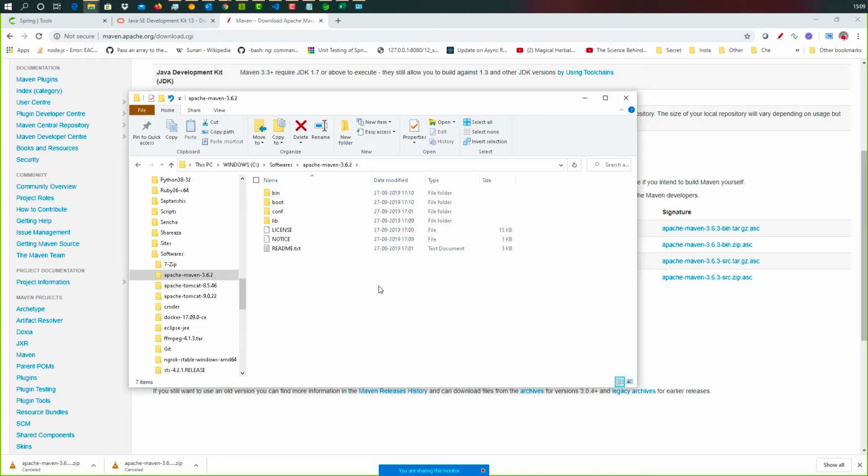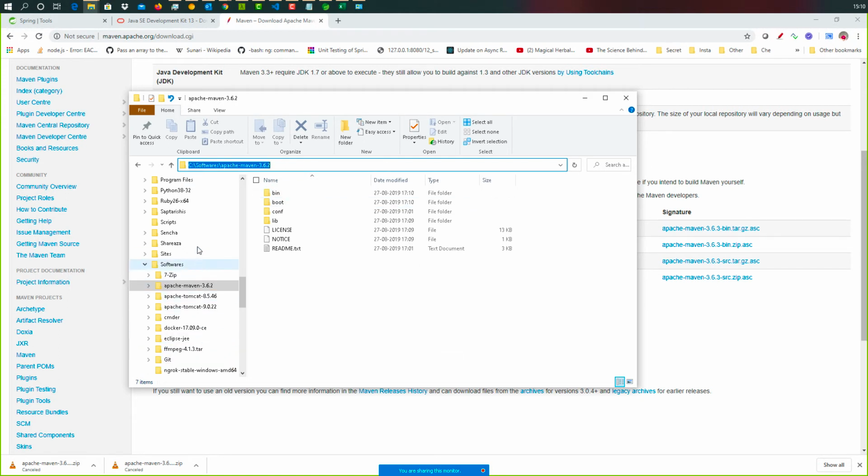So ideally, the way the JDK folder was called Java home, in the same way this folder is called Maven home, right? So you can copy this path and set up your Maven home. So again, you will need to go to your